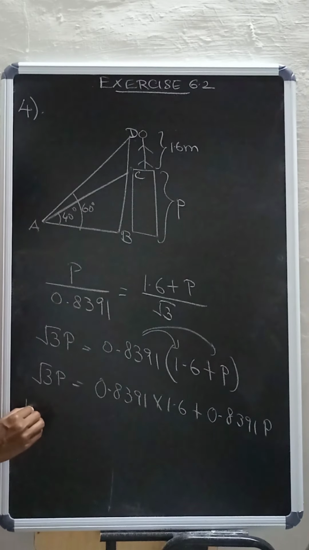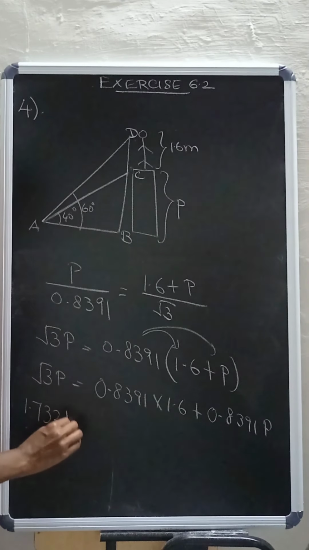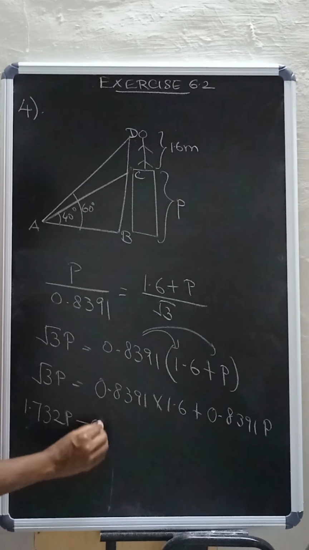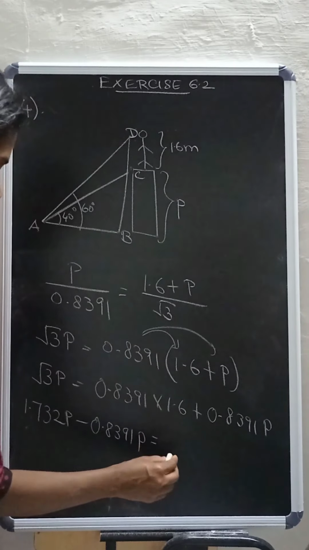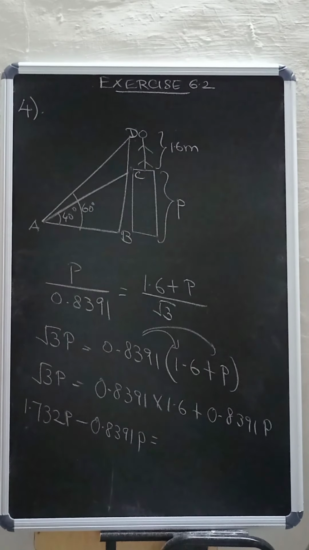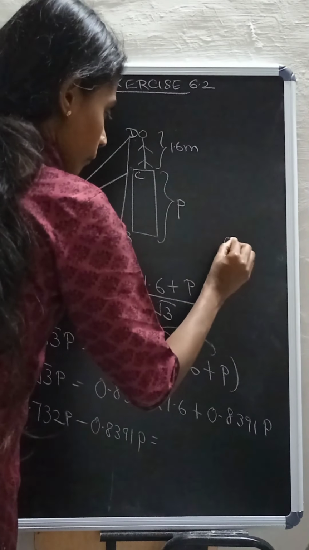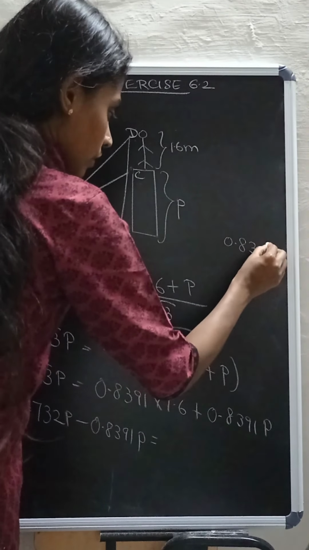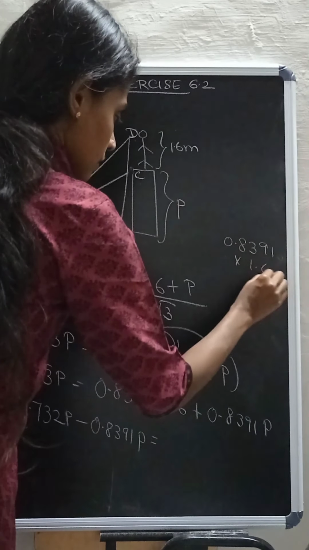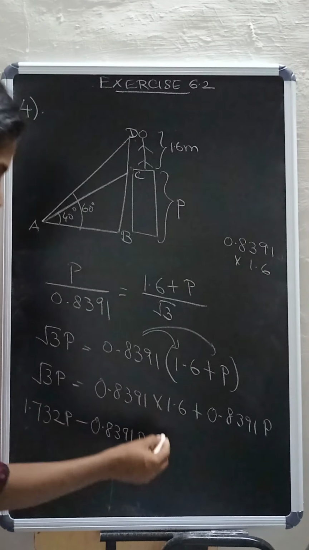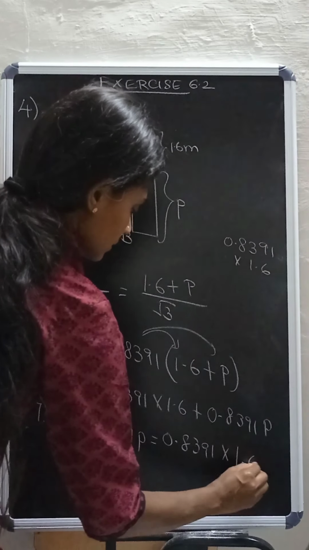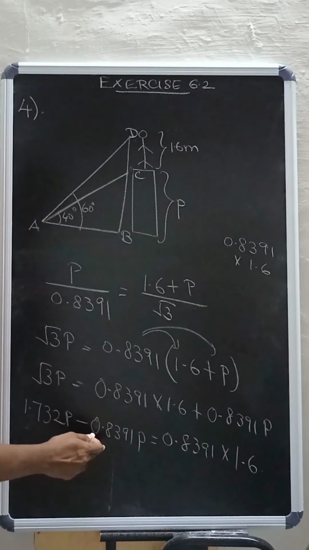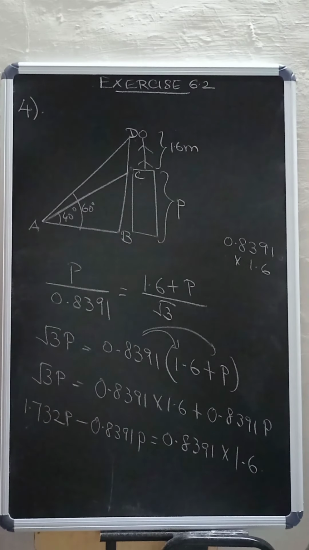So root 3 value is 1.732. P minus 0.8391p is equal to 0.8391 into 1.6. Okay, let it be here. We will solve it in the last. Now subtract these two things. We will get